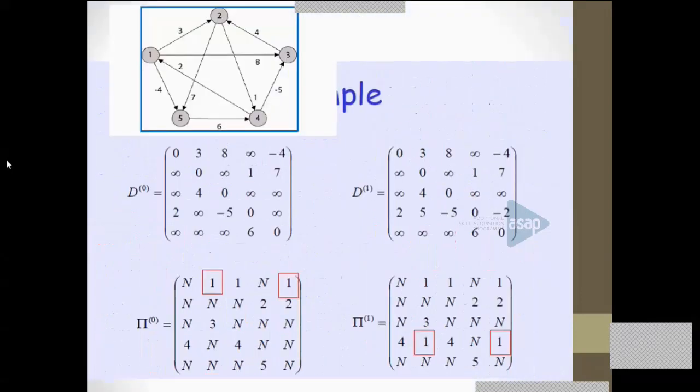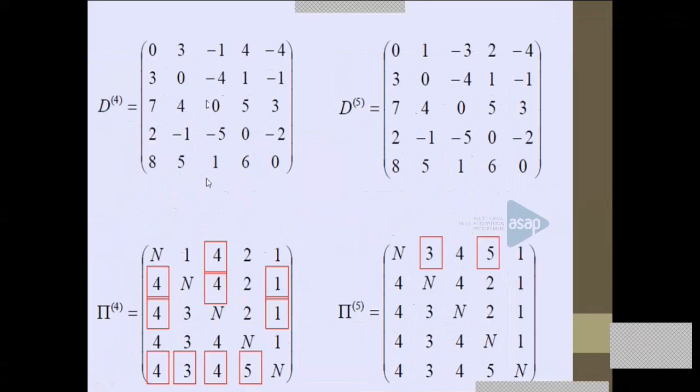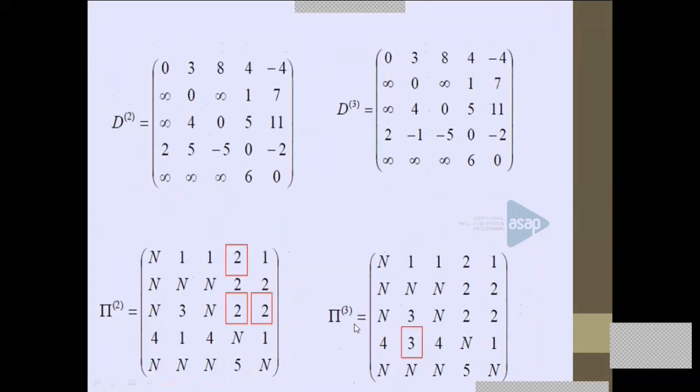The predecessor matrix is also there. And here the predecessor for 1 to 3, the weight is 3, and for 1 to 2, the predecessor will be 1. The predecessor matrix will be denoted for D0, D1, everything. Therefore, the predecessor will also have values pi 0, pi 1 and so on. And here there are 5 vertices. Therefore, finally it will be D5 and pi 5.